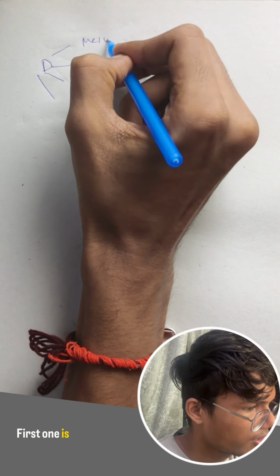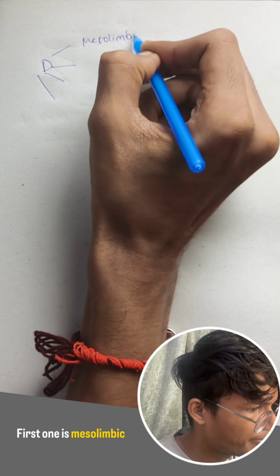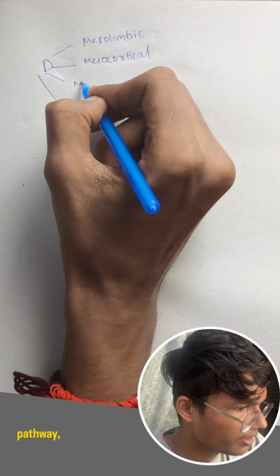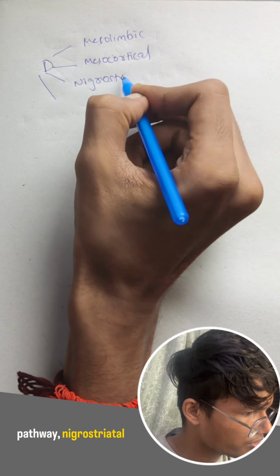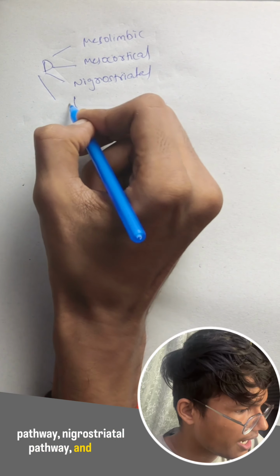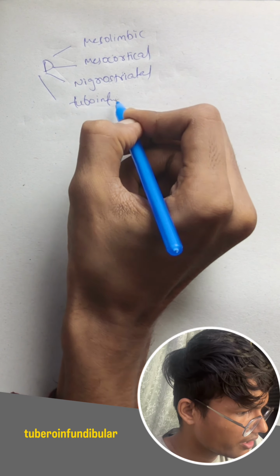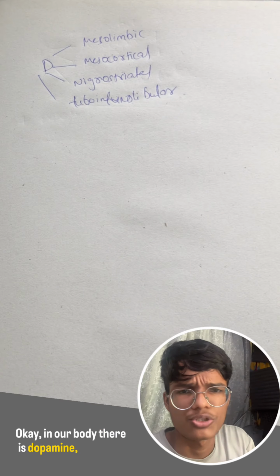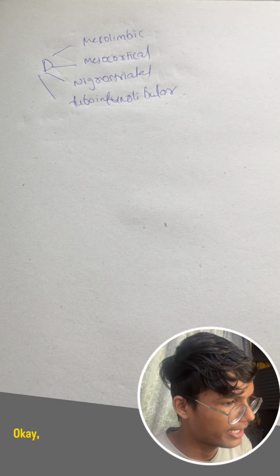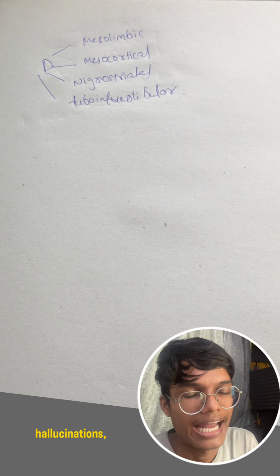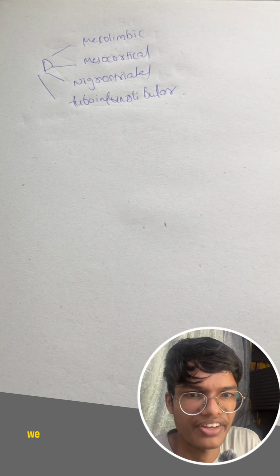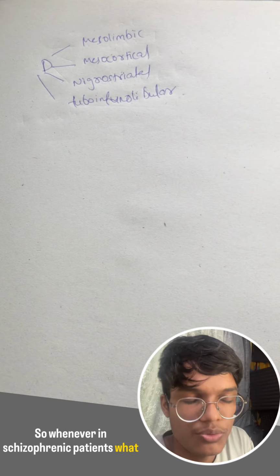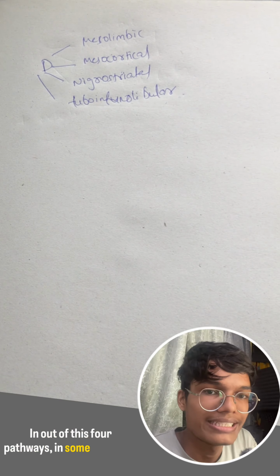First one is mesolimbic pathway, mesocortical pathway, nigrostriatal pathway, and also tuberoinfundibular pathway. In our body there is dopamine, it can act through four pathways. Daily we are not having any hallucinations, delusions, or altered behavior, so this is normal. Whenever in schizophrenic patients, out of these four pathways, in some pathways there will be